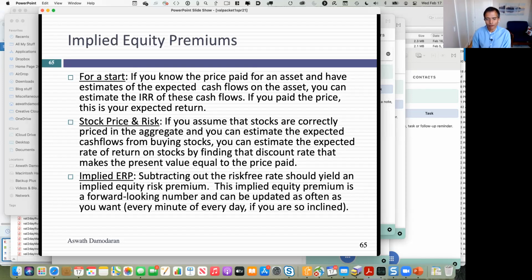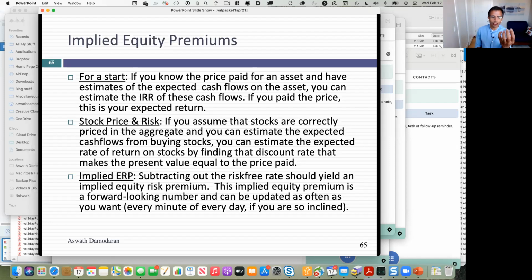I know what you paid for stocks. If you tell me what you paid for the S&P 500, that's what you paid for stocks. Instead of coupons, what do you hope and pray you will get as cash flows if you buy the 500 largest market cap stocks? Dividends. And in the US, increasingly as a side, you're going to get buybacks. If you owned all the stocks, the buybacks would come to you. You know what that number was last year, but unlike a bond where that number is fixed in the future, you have to make expectations, but you can make your best estimates of future cash flows.